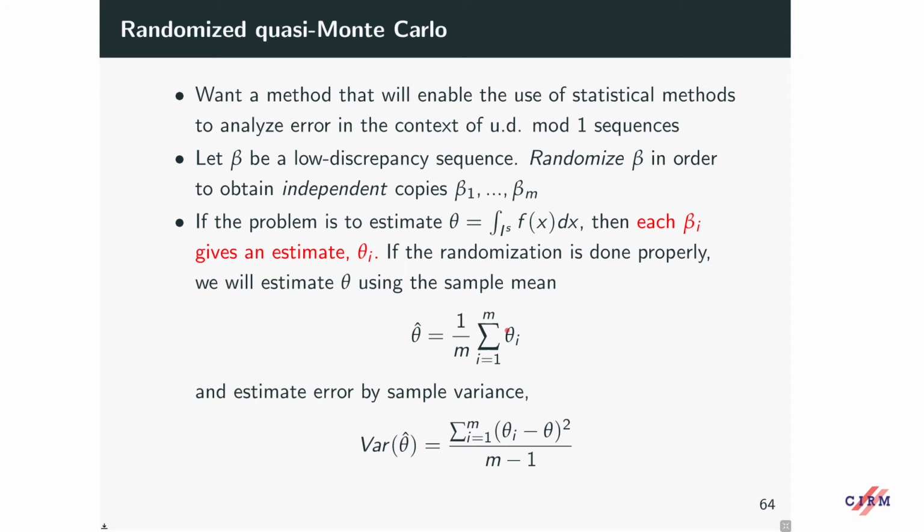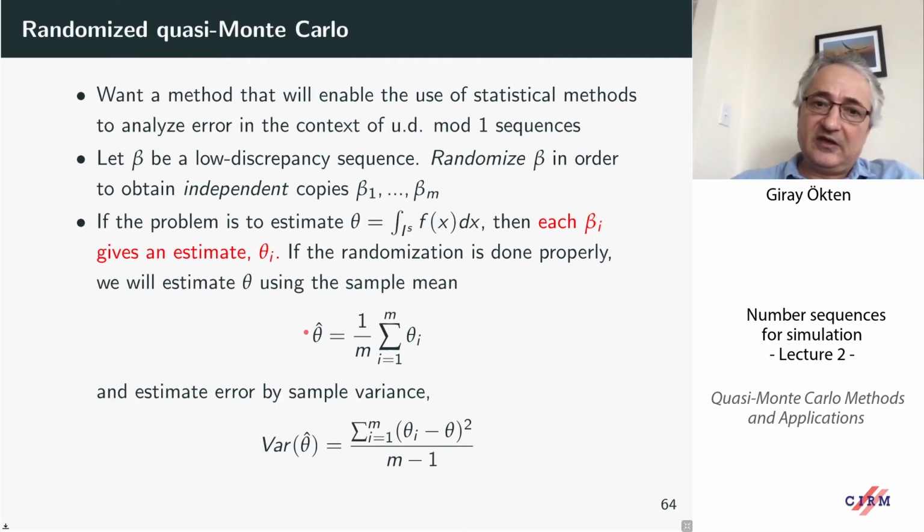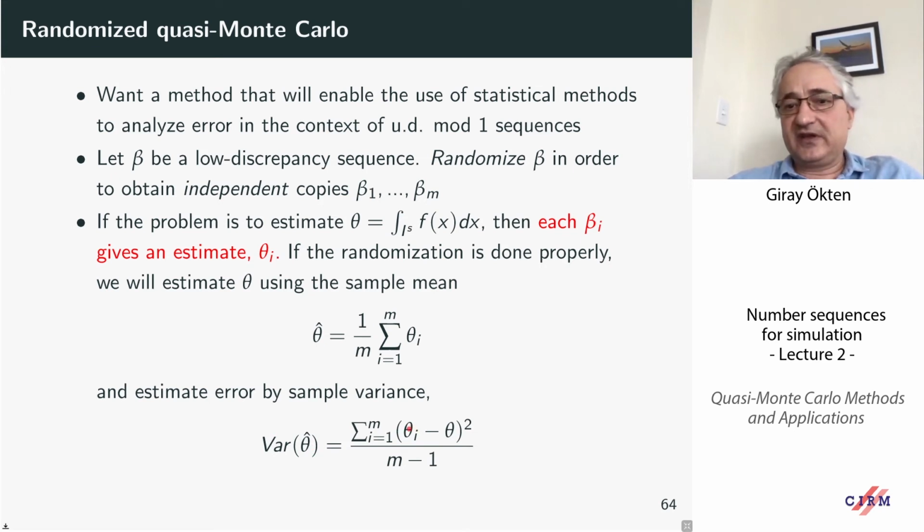If these estimates, these theta i, are statistically independent, then you can take their sample mean, theta hat, and then you can estimate the error by computing the sample variance of the theta i's. Here in this formula, I have theta, but of course theta is not known, so you estimate that by